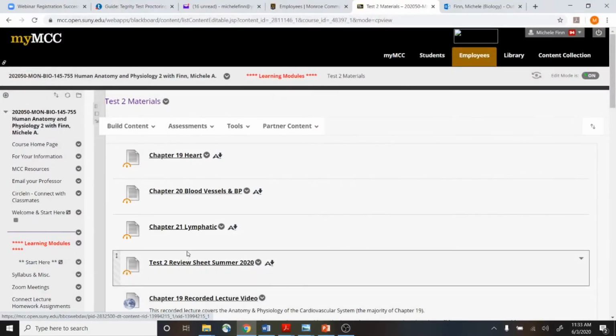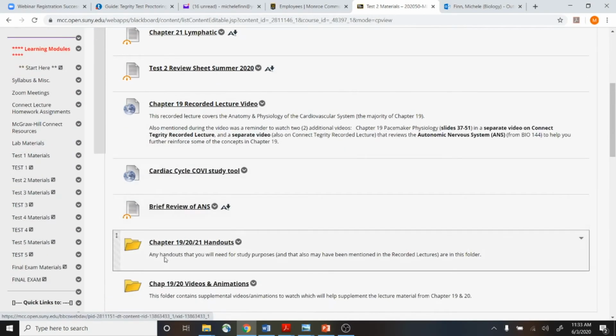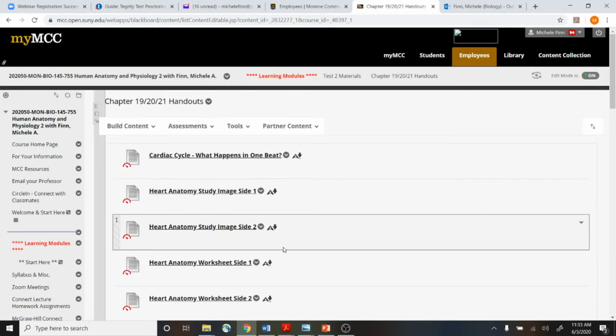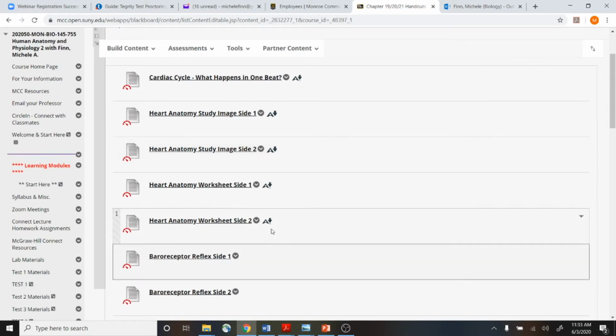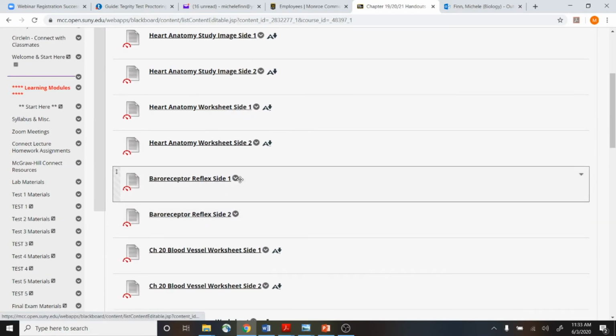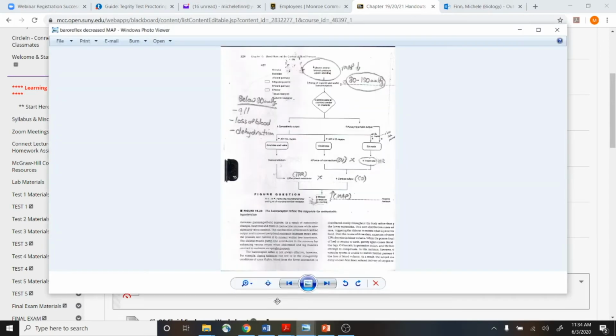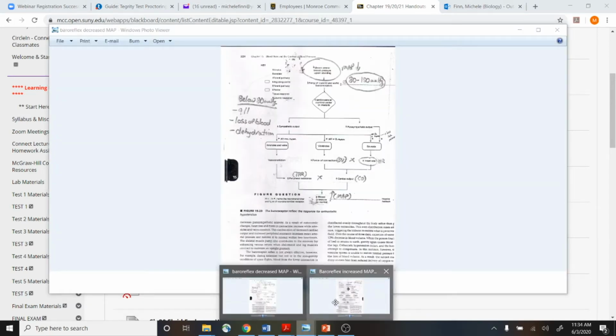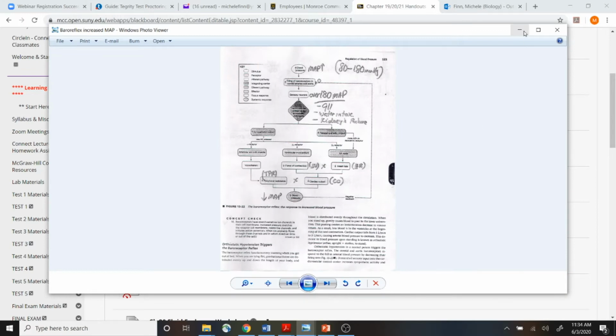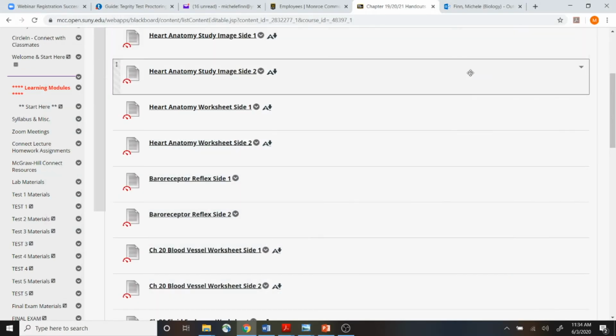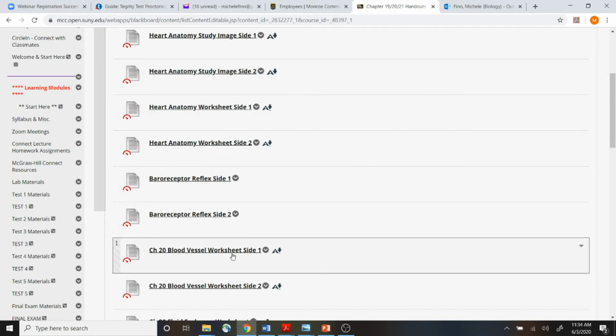And you may also see me refer to several handouts, which are found in this handout folder on test 2 materials. We'll be looking at the baroreceptor reflex side 1 and side 2, which look like this and this. And again, it's up to you. You can have them downloaded on your computer. You can have them in front of you, but I will be using them. We're also going to be using these two